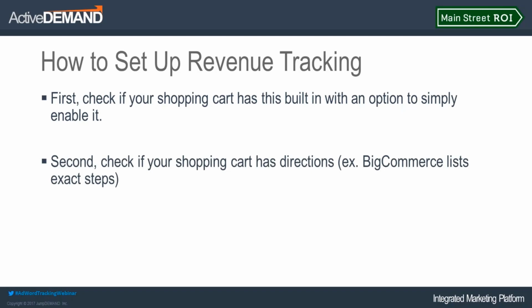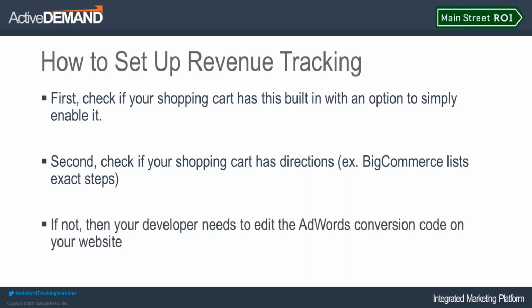I know BigCommerce, for example, has a step-by-step document that explains how to get AdWords conversion tracking with revenue. They have that document on their site, so you just contact the shopping cart support. And if your shopping cart maybe is custom and you can't just flip a switch and they don't have any instructions, then you'll want to talk to your developer or whoever set up your shopping cart, and they'll need to